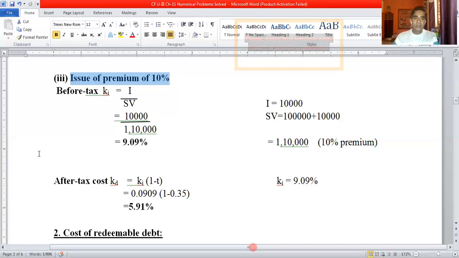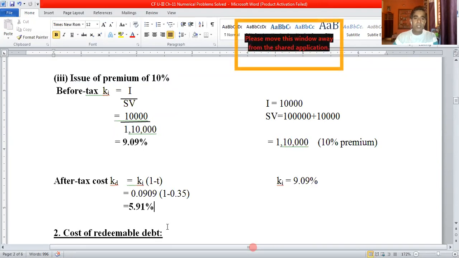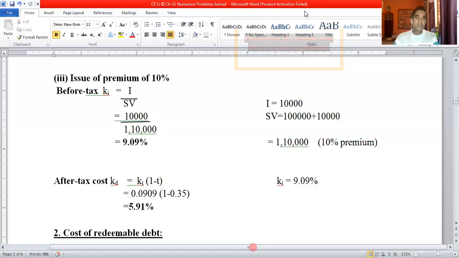Okay. So now I hope you have understood it. Before I go ahead with the cost of redeemable debt, where the principal amount is refunded after a certain stipulated period of time, I will find out if you have any doubts. Then I would like to clarify your doubts first. So I'm going to unmute you all. Please remember, those students who do not have any questions, immediately mute your audio. I can hear a lot of noise, TV, family members talking. Kindly mute your audio if you don't have any questions.